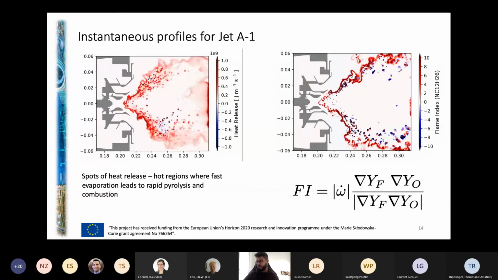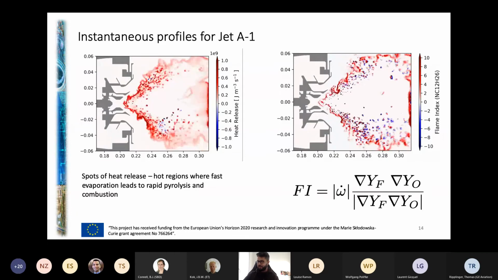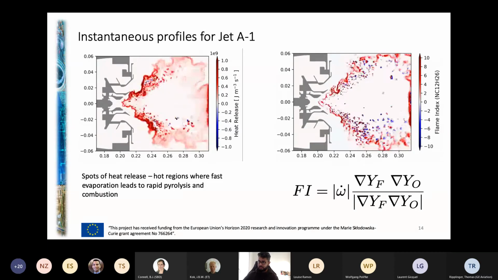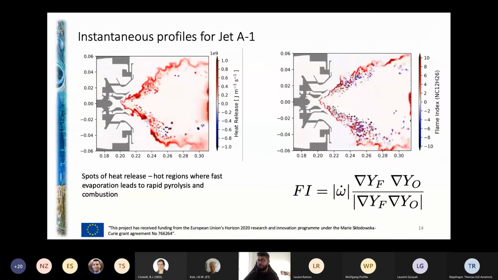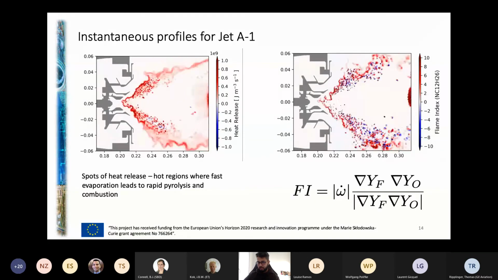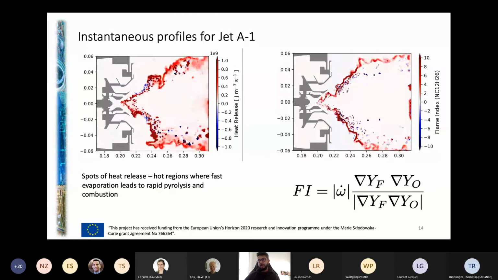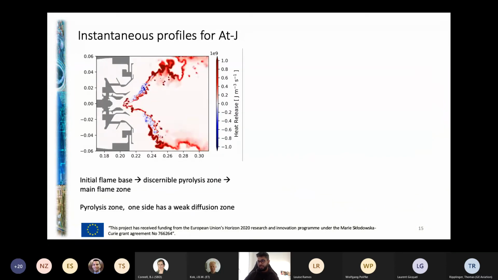You see that the main flame front is more or less premixed, but the spotty things inside, sometimes you see it as a premixed flame, sometimes as a diffusion flame. But ideally what you need, and the other research question that it opens up, is we need some kind of models to handle these events where you have this single component, single droplets that are burning very quickly in these hot regions. But when you move on to an alternative jet fuel, the same setup, you see this initial flame